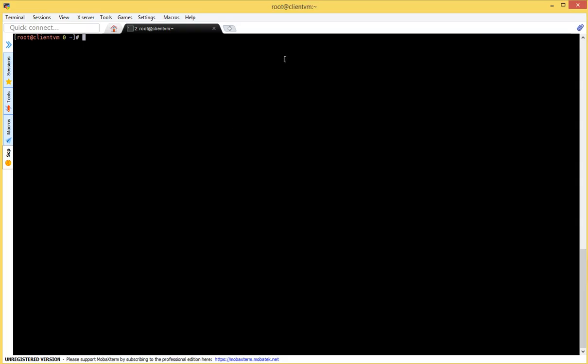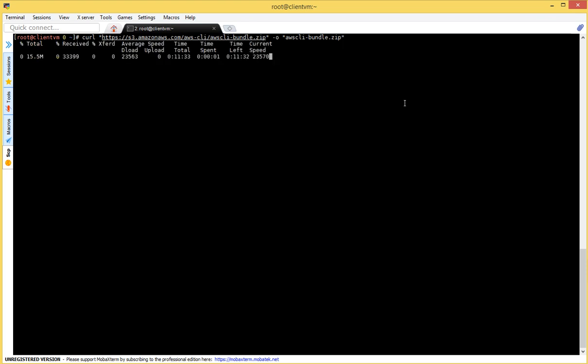Now we are at our client VM with the root user. First of all, we will download the AWS CLI. Let me run this command, curl s3 amazonaws.com awscli-bundle. Press enter.